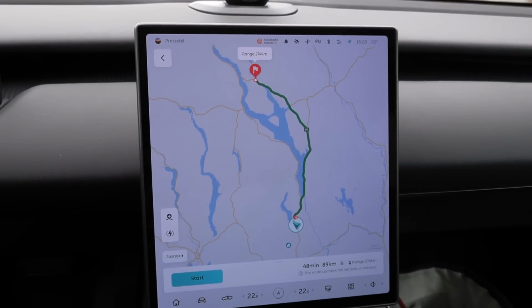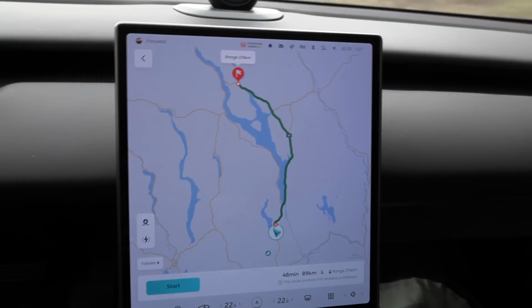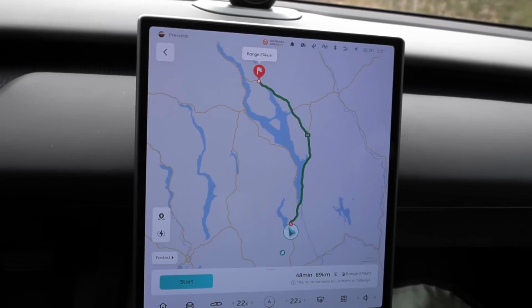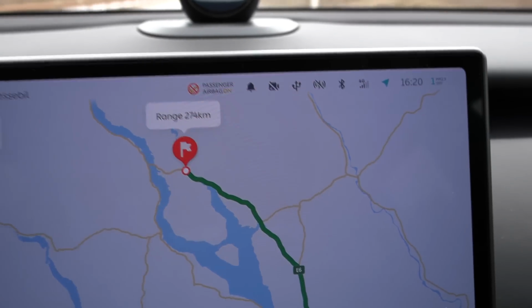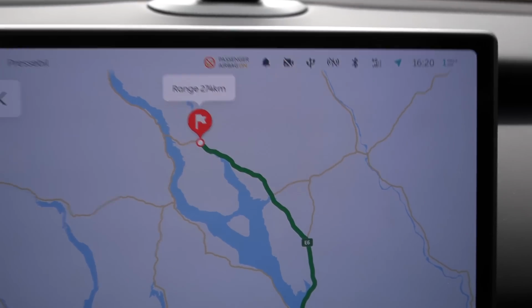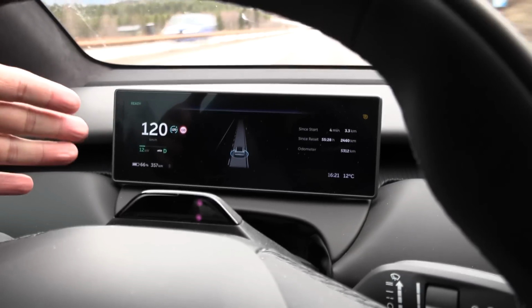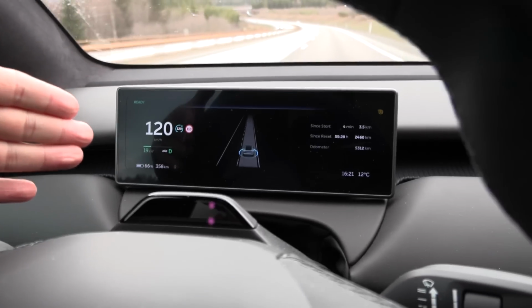So now at least what we will do is measure the distance error. We will drive north to Rudshøgda and back again. So that's a 182 kilometer round trip. But also this is interesting. The car will estimate that we will have 274 kilometers of range at that point. It doesn't tell me how many percent it is, just how many kilometers. But when the car is fully charged, it will display roughly 510, which means that 1 kilometer equals roughly